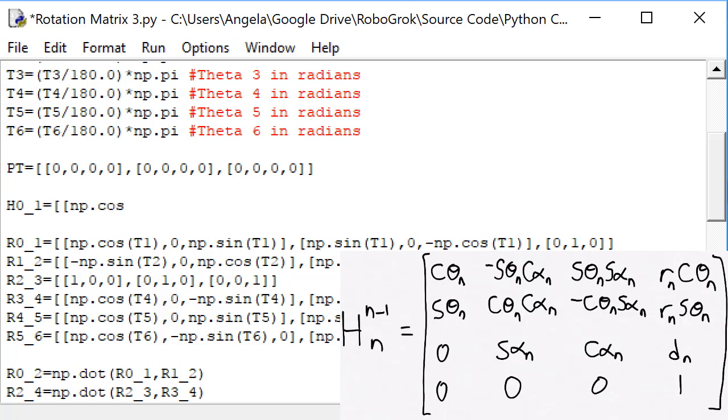I'll do np.cos of pt row 0, column 0. In Python, matrices are numbered with the first row being row 0 and the first column being column 0. The second element in my homogeneous transformation matrix is the negative sine of theta n, which as we know is pt, the first row and the first column,